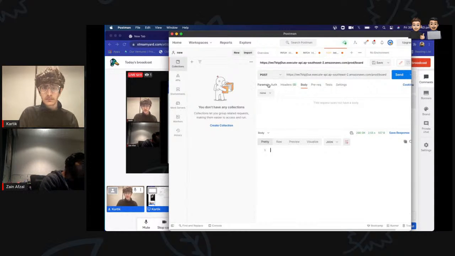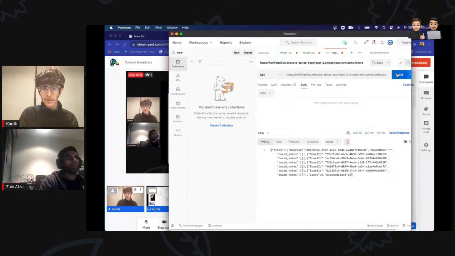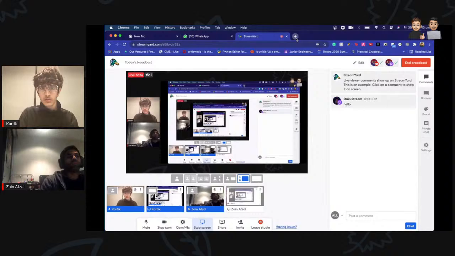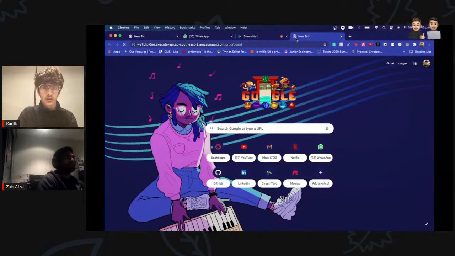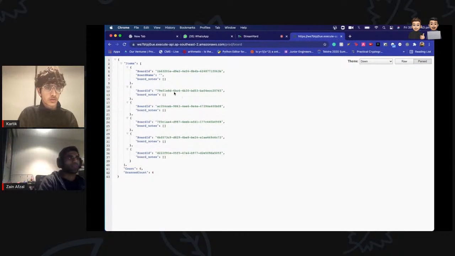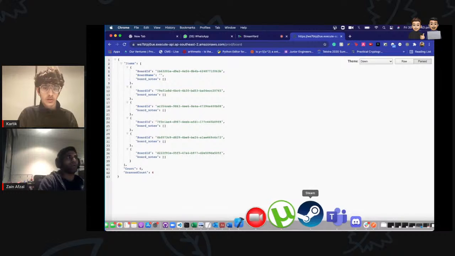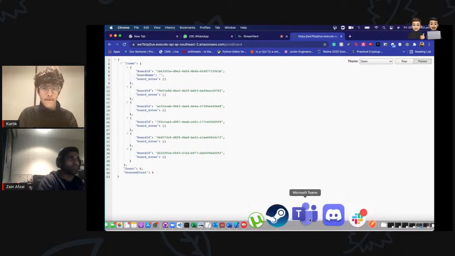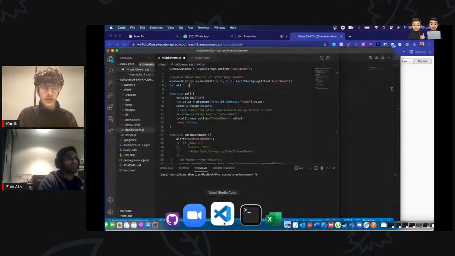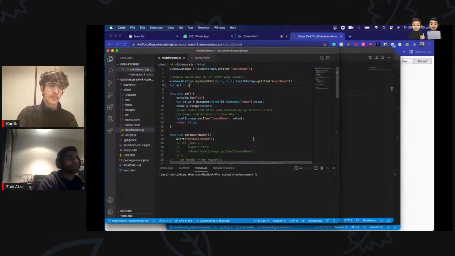Probably just do this from the fetch API. Okay, it did work in Postman. I mean, it would work here, but the goal is to make it work in the fetch API. I'm 100% sure it would work directly from Postman.